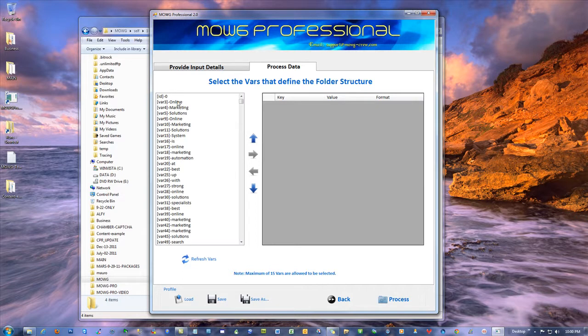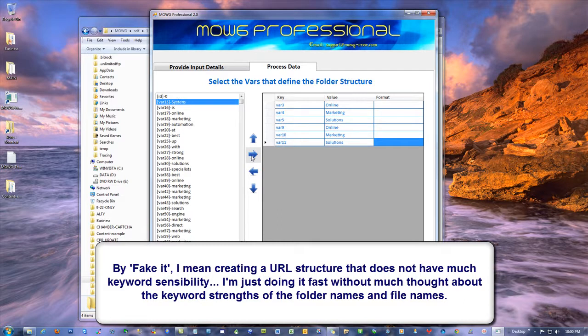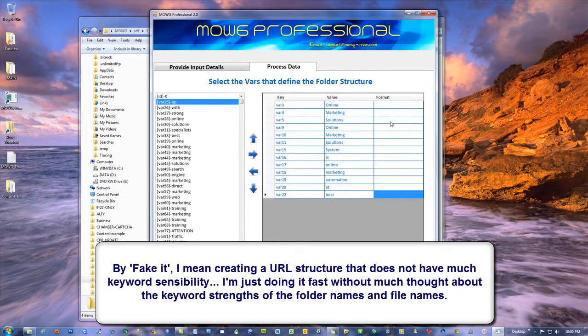And I'll show that to you a little later, but right now I'm just going to kind of fake it so that you can see what's going on. All right, so let's just do this. And I'm faking it. I'm creating a fake URL structure. I'm going to have